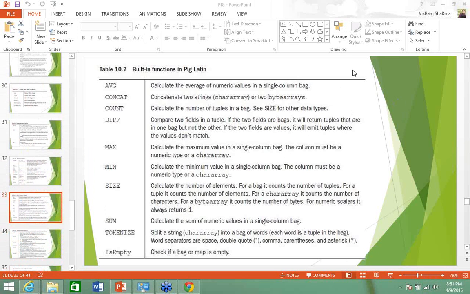Suppose we are getting some numeric value, then what will happen? For that we can simply give the definition that the tokenize function splits the bag. In that bag it may be either words or anything. There should be certain condition, and based on that condition it will split the data.